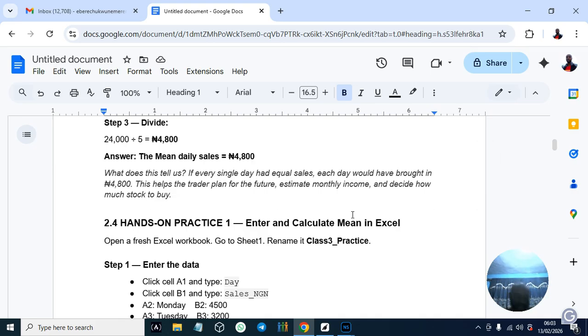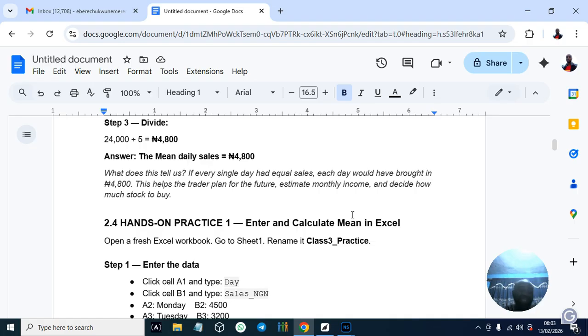You can see, when you calculate that equally, every day you should have gotten 4,800. So if you are budgeting, this is where it helps you, that in your budget upfront, every day I'm going to be getting 4,800. This is the average. Although it's not that almost every day you're getting 4,800. There are some days you will not get it, and there are some days you get higher.